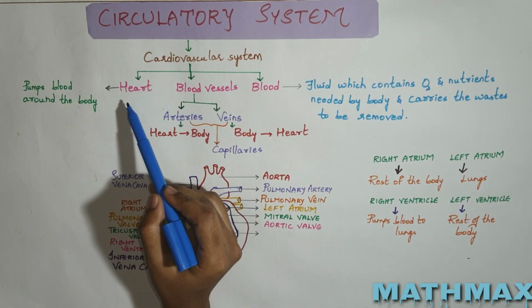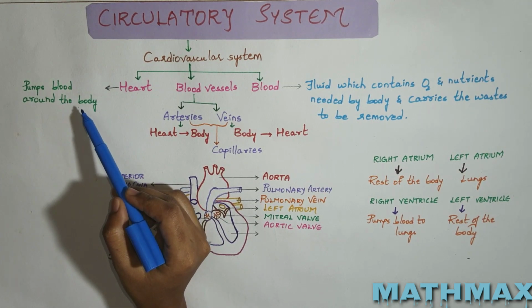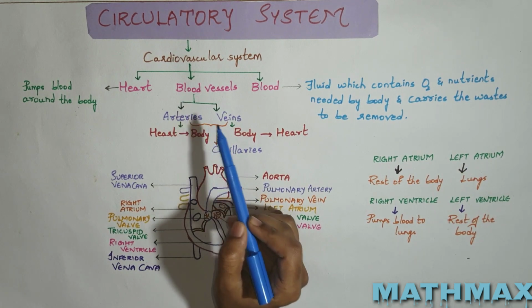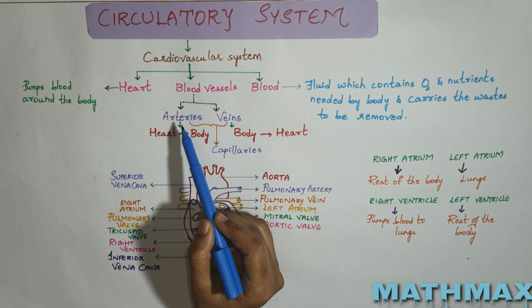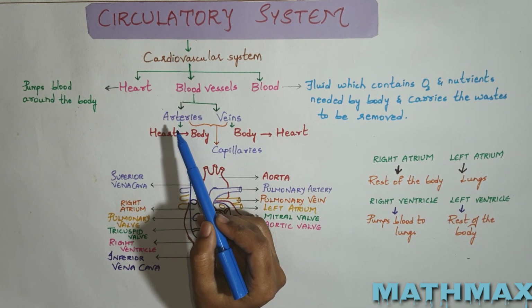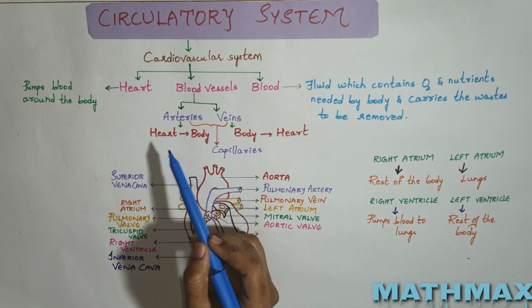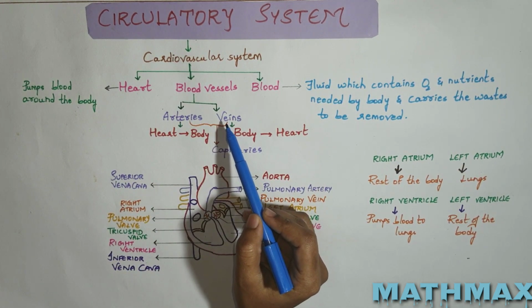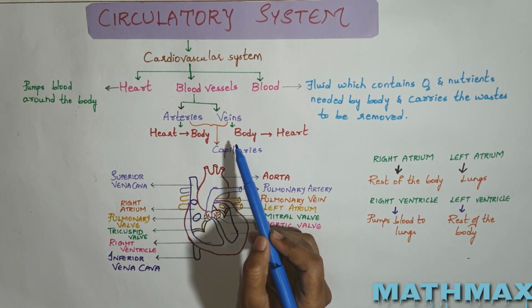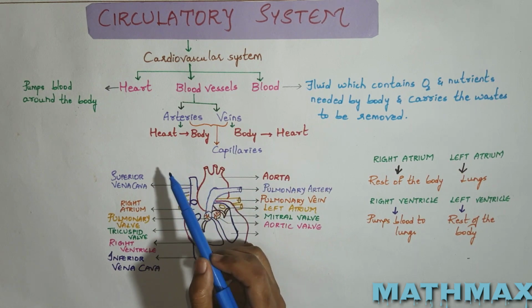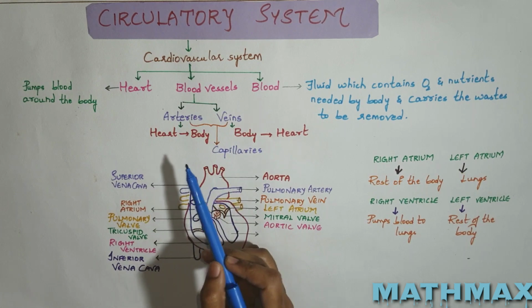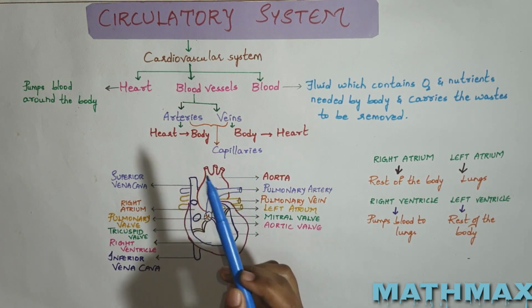The heart is the system's pump that pumps blood around the body. Blood vessels are the delivery routes or the tubes which carry blood. They are of types like arteries and veins. Arteries are the rigid vessels that originate from the heart and carry blood from the heart to the body. Veins are less rigid when compared to arteries and carry blood from the body back to the heart. There are also microscopic blood vessels which connect arteries and veins together, known as capillaries.